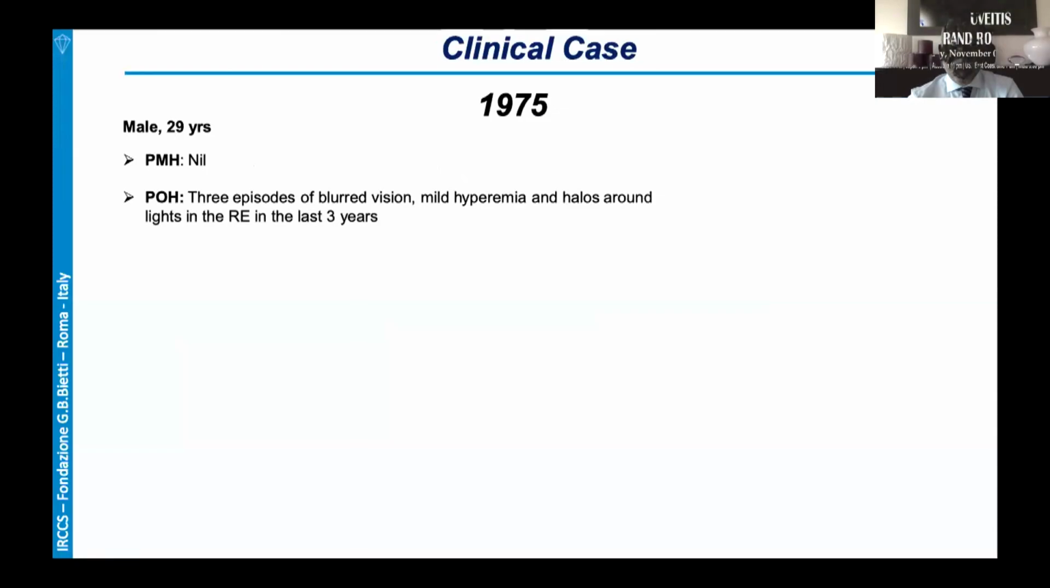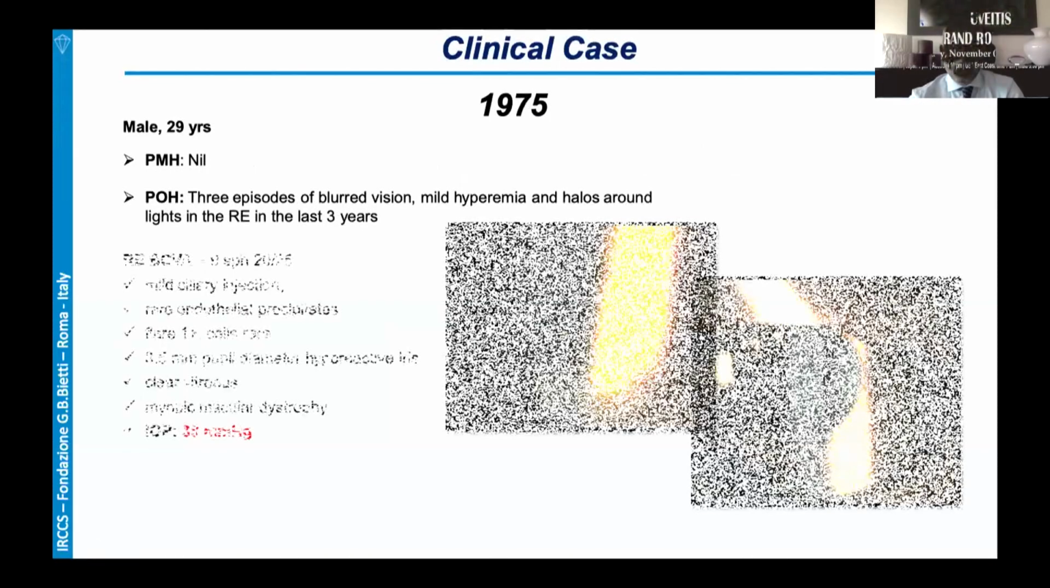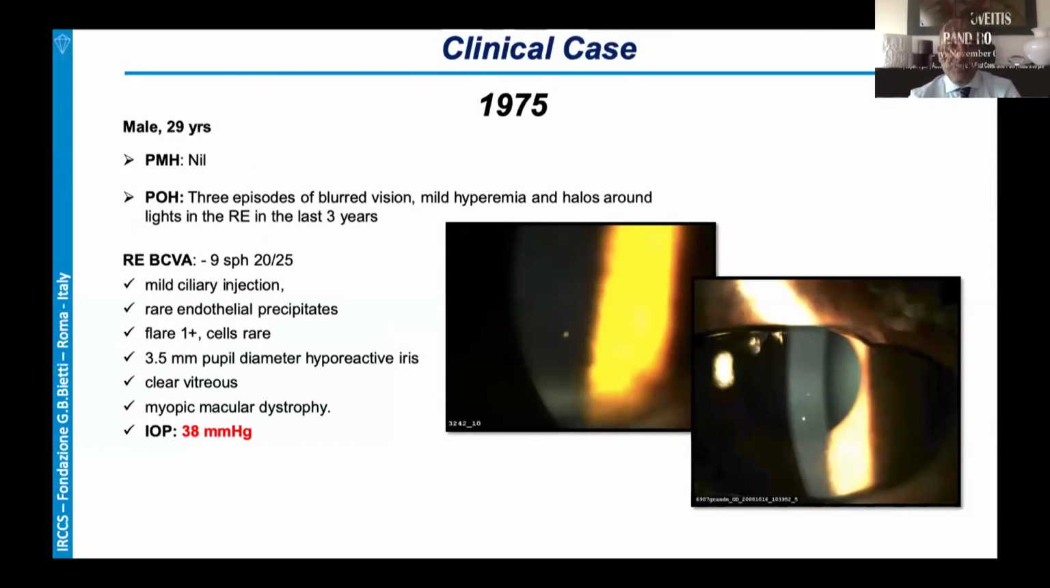The patient was a male, 29 years old, and he complained of 3 episodes of blurred vision, mild hyperemia, and halos around lights in the right eye in the previous 3 years. At the first observation, the visual acuity was 20/25 in the right eye with -9 refraction. And he had mild ciliary injection, rare endothelial precipitates, mild inflammation in the anterior chamber, clear vitreous, myopic macular dystrophy,